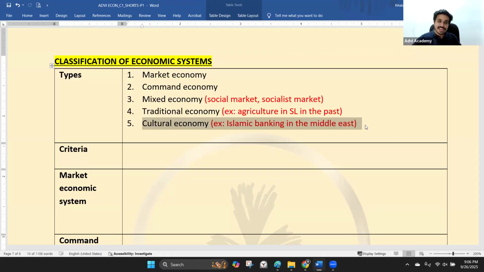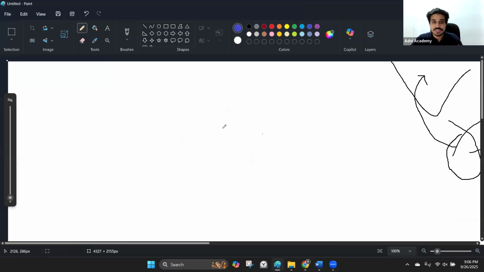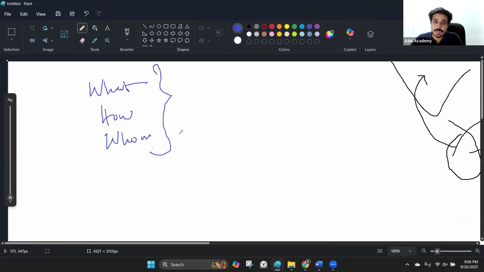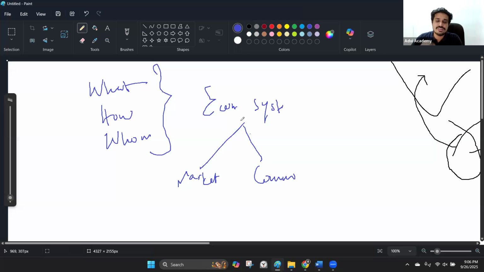Okay. See, why have we classified this? Because end of the day, we want to answer those 3 problems, the basic economic problems of what to produce, how to produce it, and for whom to produce it. We have to solve this problem. Every country has to solve this problem. So how do we solve this problem? That is where these economic systems have come. And primarily, there are 3. One is markets, the other one is command, and the third one is mixed. Right? So we are going to look at one by one what each of these are.